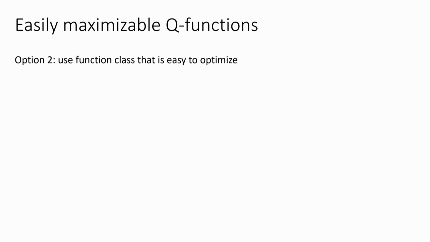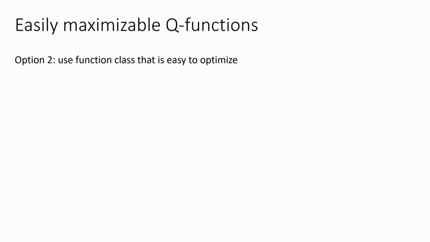So if you have a neural net that takes in the state and the action and outputs the Q value, there aren't really very convenient ways to optimize with respect to the action, except for using some gradient-based thing or some stochastic sampling thing. But there are actually other function approximators you could choose for which it's possible to analytically calculate the max. One such function approximator is a quadratic function. So if you have a quadratic function, figuring out the optimum of the quadratic function is pretty easy. You just do it by solving a linear system.